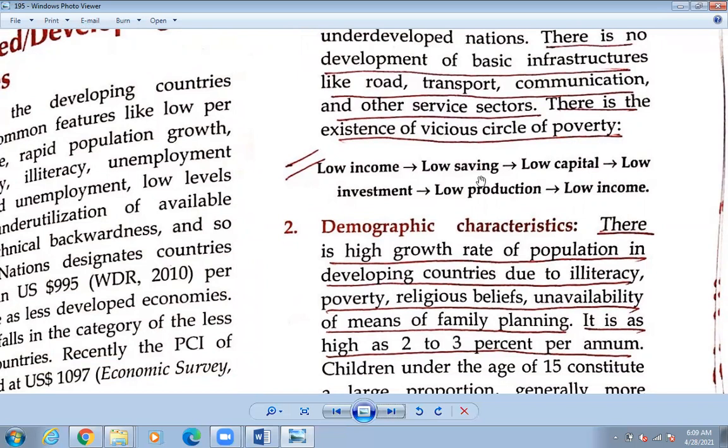But if there is low income, there is less saving. If there is less saving, there is low capital. And if there is low capital, that is, if you cannot have the money with you, then there is low investment also. Investment सक्दैन तिम्रो कतै पनि कुनै प्रोजेक्टमा. And after that, what will happen? If there is low investment, there is low production also. तिमीहरुको उत्पादन हुँदैन, and if there is low production, there is low income also in our country.